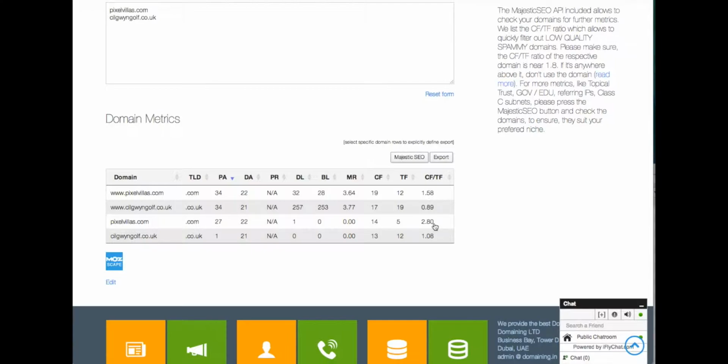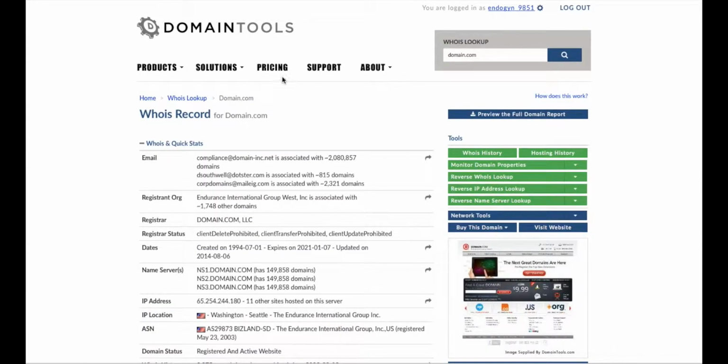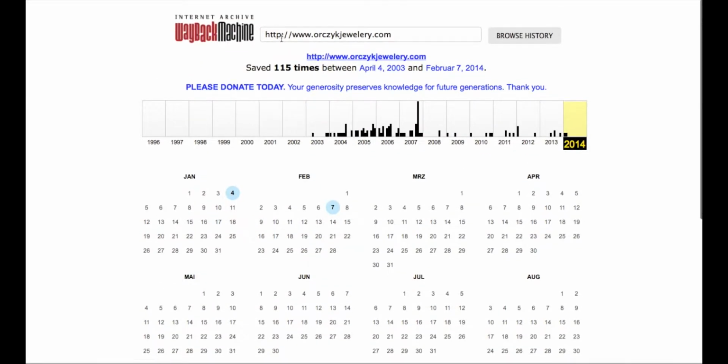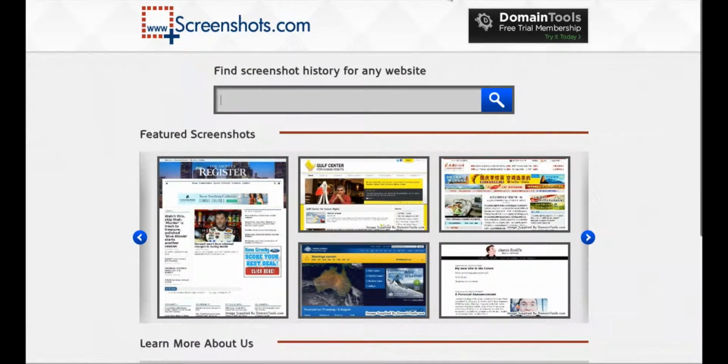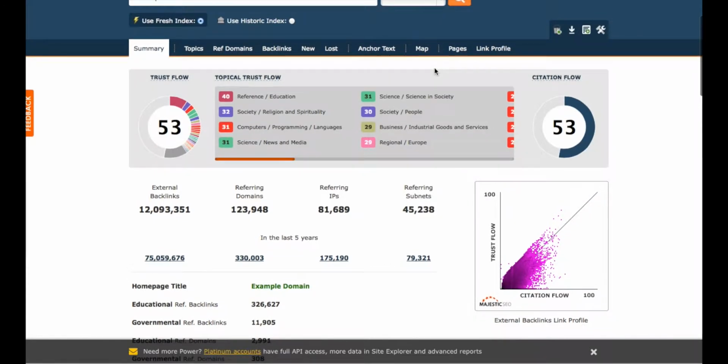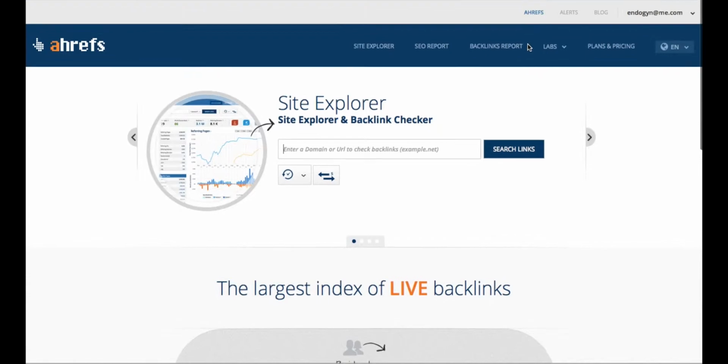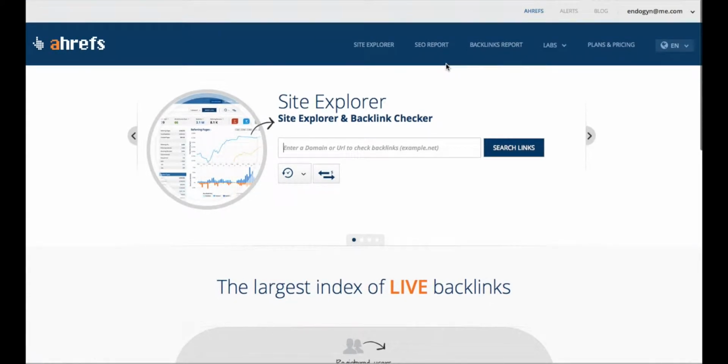So let's have a look at that domain. To have a closer look at a domain, we check the domain first with domaintools.com for the number of registrars and drops. Then we look at the Wayback Machine at archive.org and screenshots.com. With Majestic SEO, we check the citation flow and trust flow, and finally with ahrefs.com, the backlinks, anchors, and referring